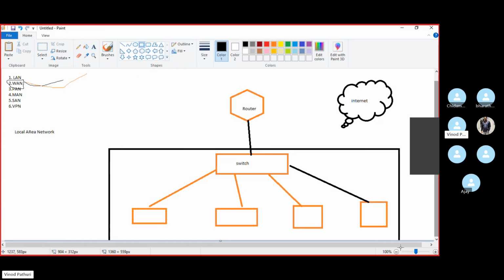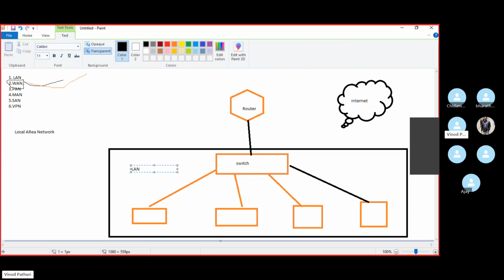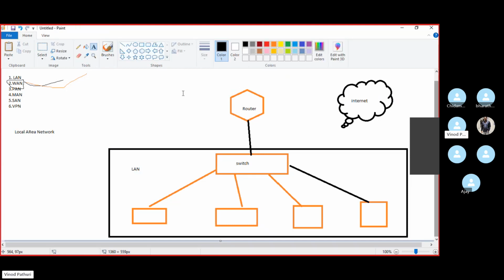So this is part of the LAN, the local area network.